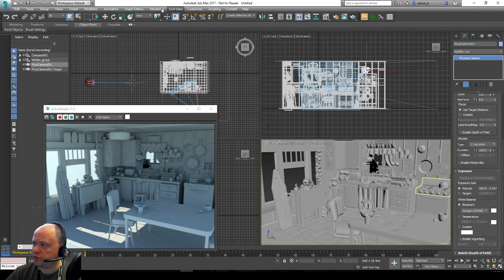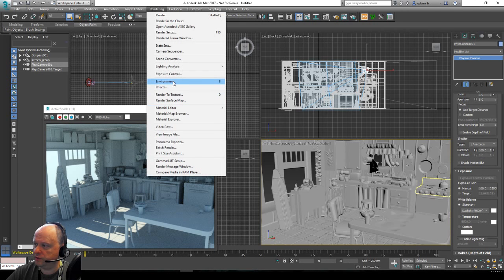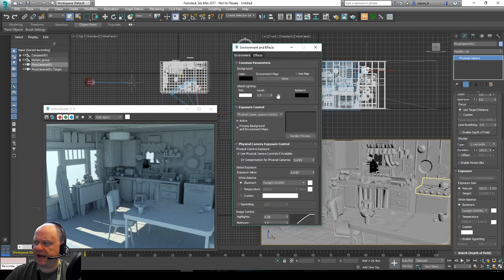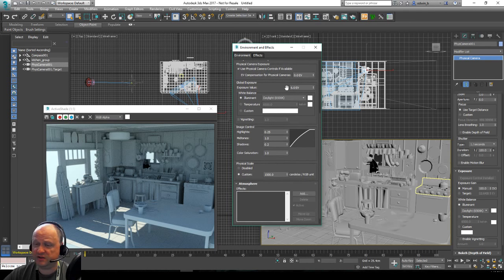So with the exposure control in 3D Studio Max, let me go to the exposure control. 3D Studio Max usually adds the exposure control when you create a physical camera. So it's sitting here, physical camera exposure control. And with this camera, we have exposure control. We have one setting we suggest you should do, because finalRender is meant to work like a real world camera